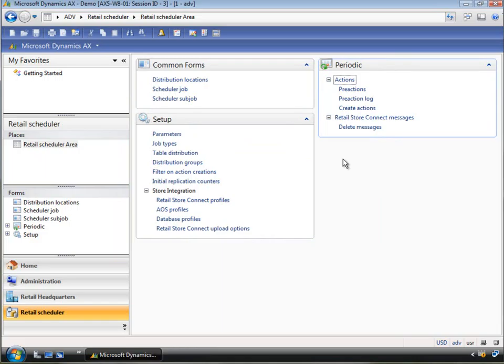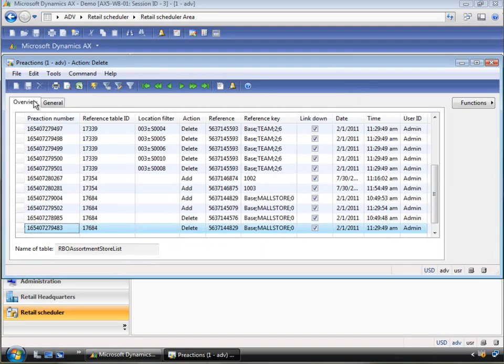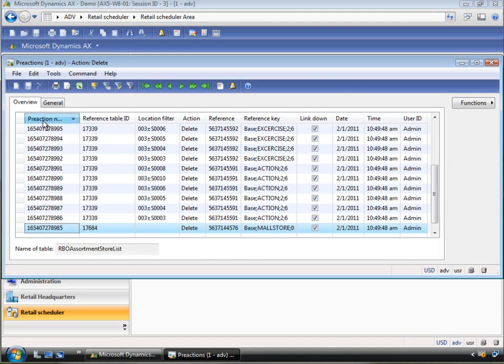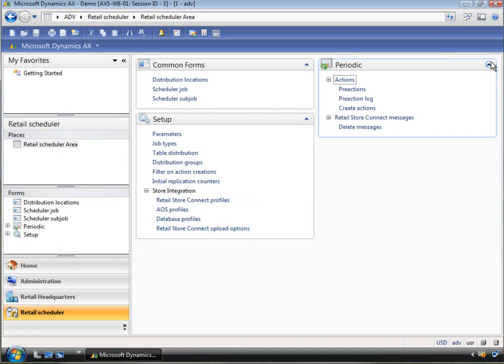Now that the configuration is complete, we actually want to send some data down there. If we look at the pre-actions, which are basically generated anytime you modify some data in AX, we see a new entry here for the new terminal that we just created in the RPO terminal table. So this pre-action will then be converted to actions that essentially convert all the other entities that need to be